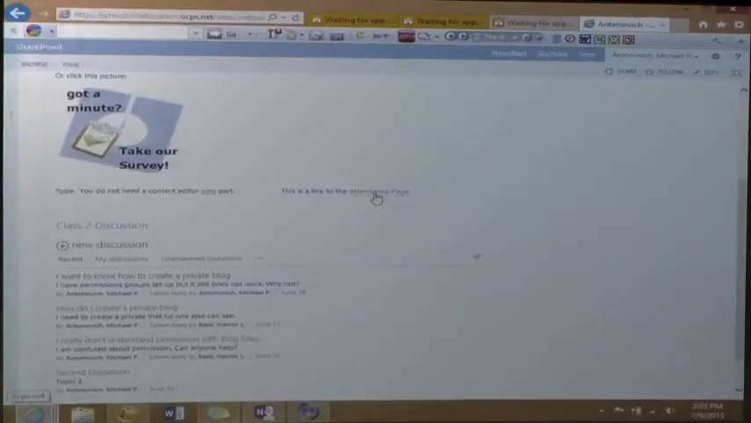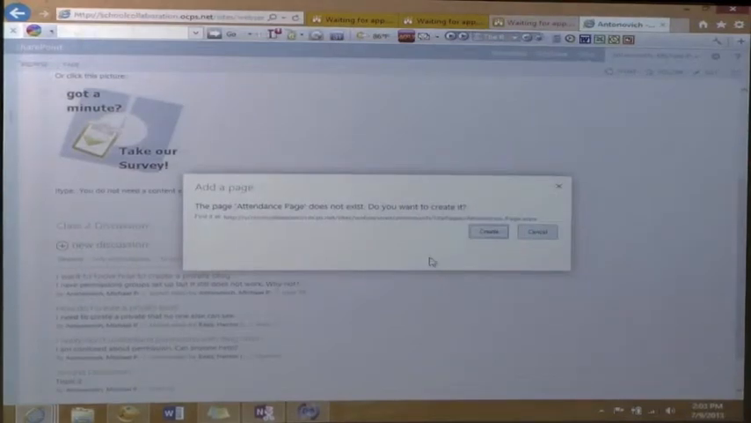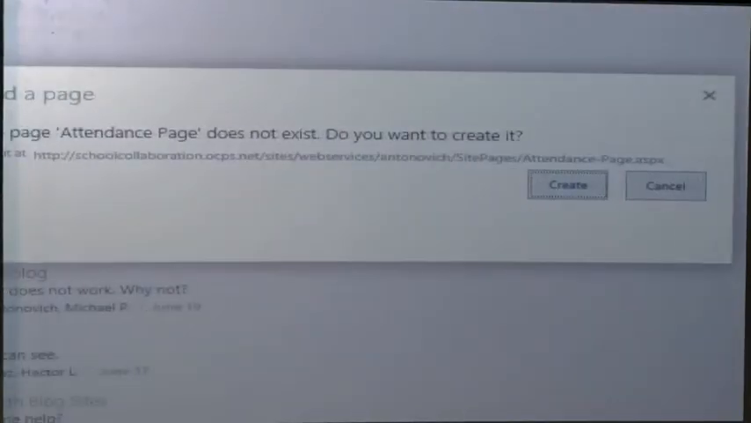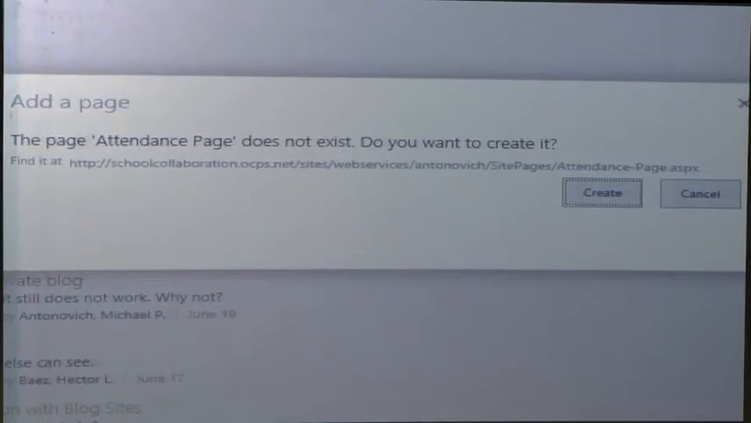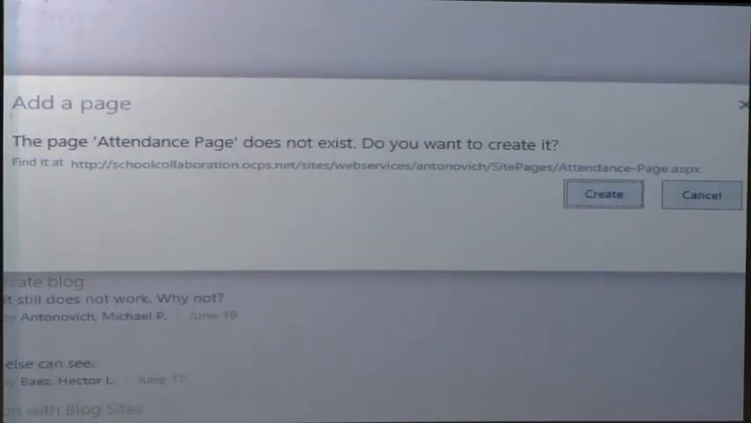So what do you do now? Since it doesn't exist, all you want to do is click on it, and you'll get a little dialog box. Pretty much all of it shows there. And the dialog box says to add a page, which doesn't exist, you want to create it, click the Create button. Well, in essence, that's what it says. I didn't read it word for word, but